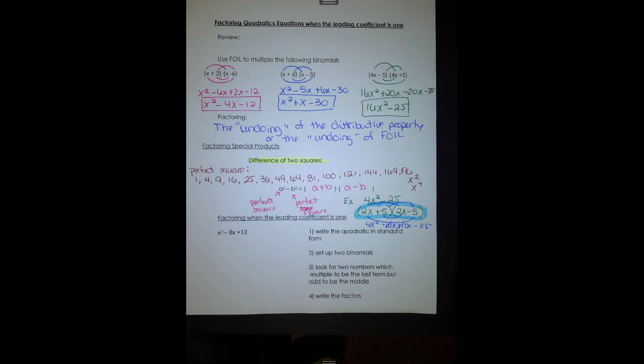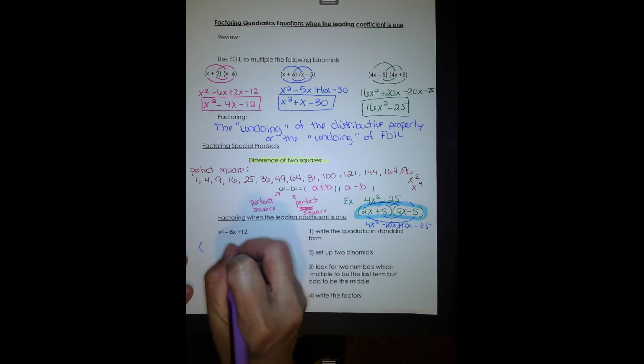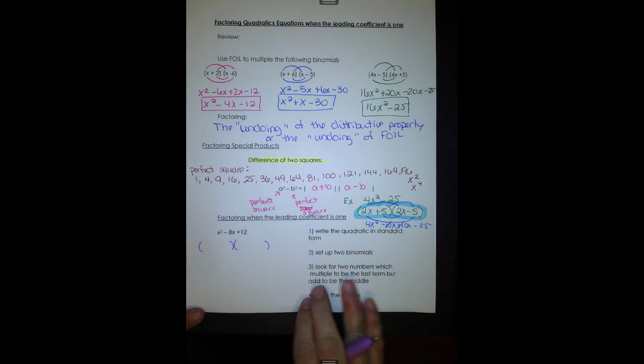So what we're going to do first, since this is going to be two factors, we're going to have two binomials. So we want to make sure it's in standard form. On our assignment this evening, it's all going to be done for us. And we're going to set up our two binomials, so we're going to set up our two sets of parentheses. Okay. Then we're going to look for two numbers that multiply to be the last term, but add to be